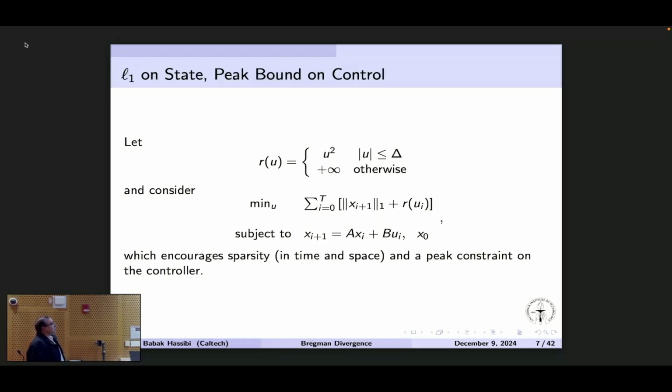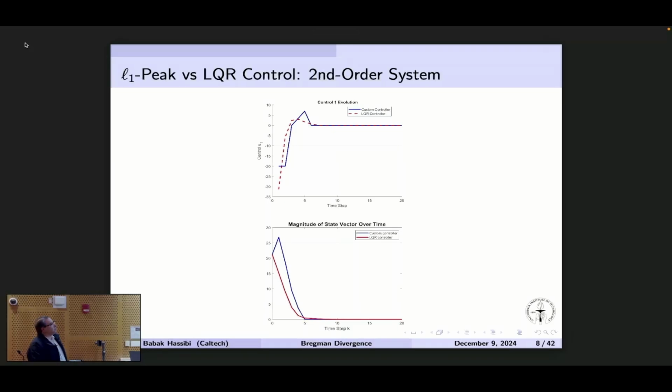It's a convex optimization. And then here's an answer to your question. Here, again, I have the magnitude of the state. This is a second order system. Here, the red is the LQR. The blue is what this controller does. Again, it pushed it absolutely to 0 after 5. But because I had a constraint on the magnitude of the control, at the beginning, because the LQR applied a pretty large control, this one couldn't. The performance got a bit worse before it got better. And here, it's exactly your question. You can see what the LQR controller did and what this controller did. And once you hit 0, it doesn't have to do anything after that.